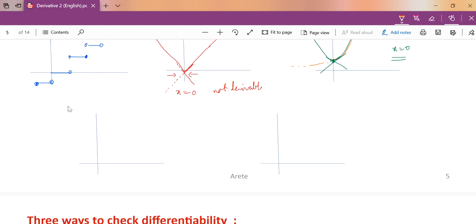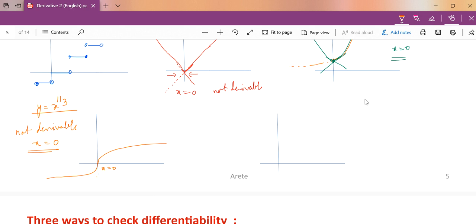For instance, let's take the simplest one, like y equals cube root, anything you can take, any 1 by 5, 1 by 7, any one. But you already know the graph of that. This is the graph of x to the power 1 by 3, cube root of x. Now can you see at x equal to 0 what is happening? You have a vertical tangent, right? So that slope is not defined, and so your function is not differentiable at 0, not derivable. Differentiable and derivable are interchangeable words.